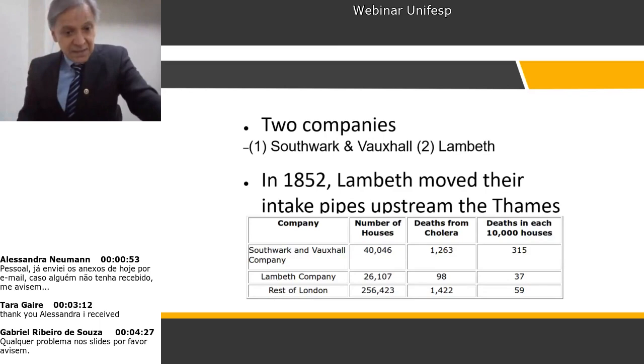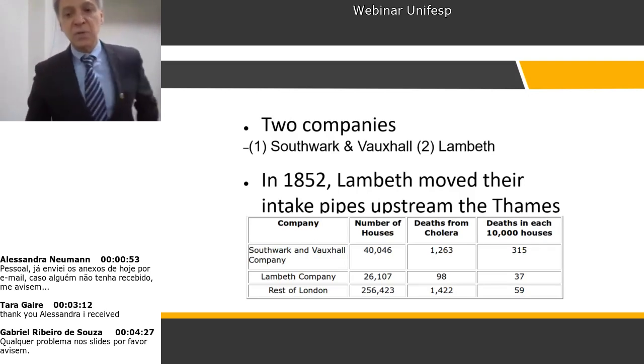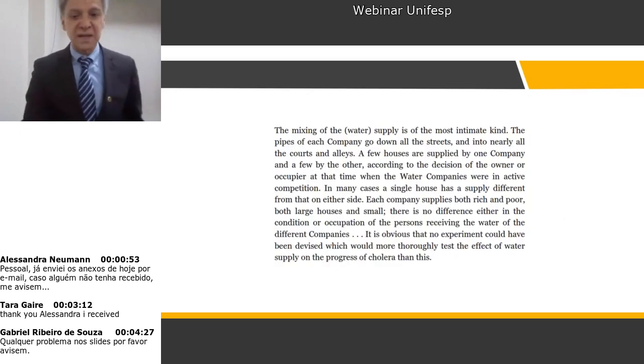And you can see the Southwark and Vauxhall company is 315 per 10,000 houses. Okay, why would he not do it per person? Because a house may have 1, 2, 3, 4 persons, right? So he did it by house. You know, if you take an average of 3 people in a house, you can calculate an incidence density. But that was sufficient for him to be able to write this, and I wanted to read it to you because